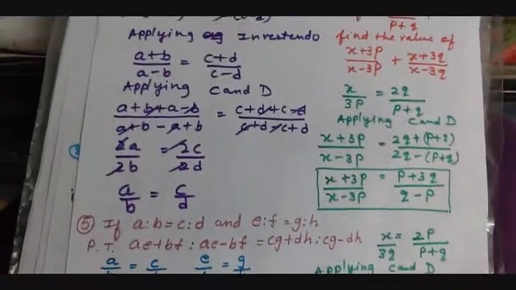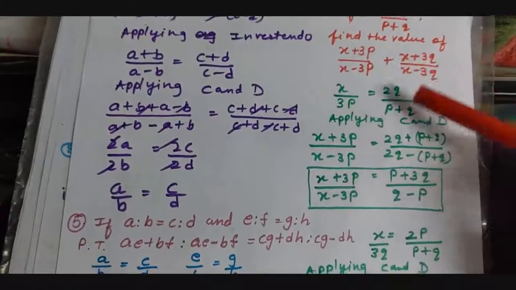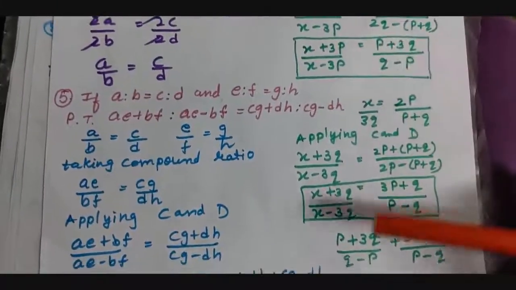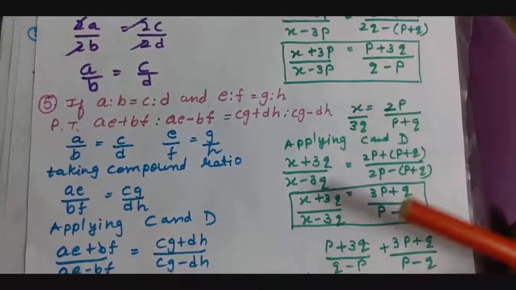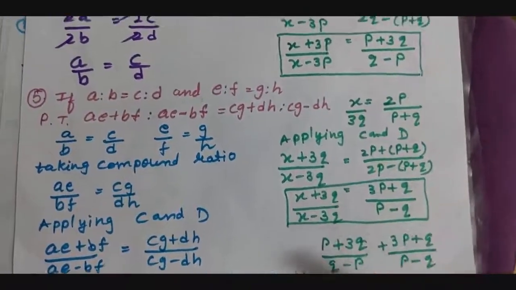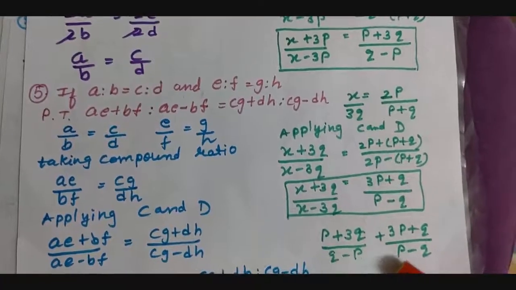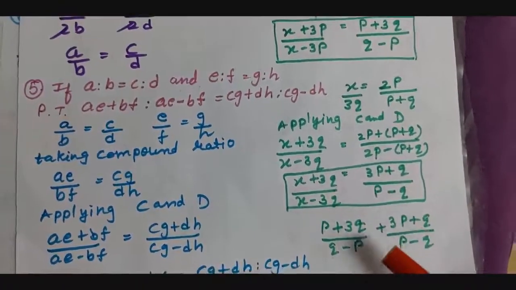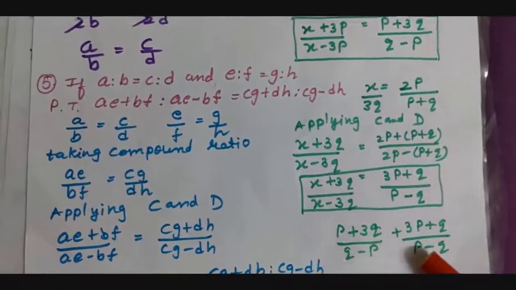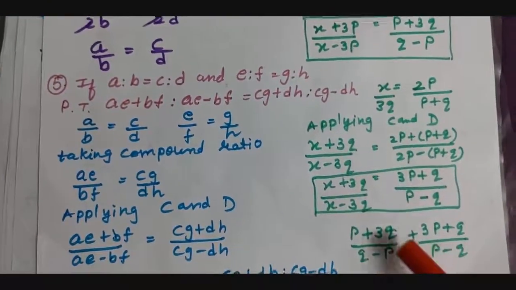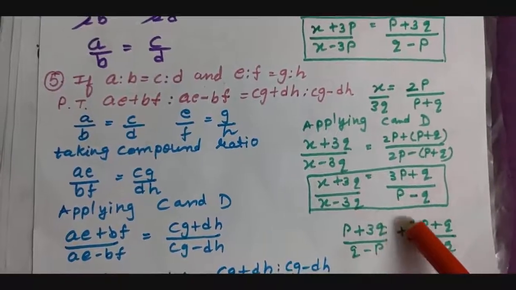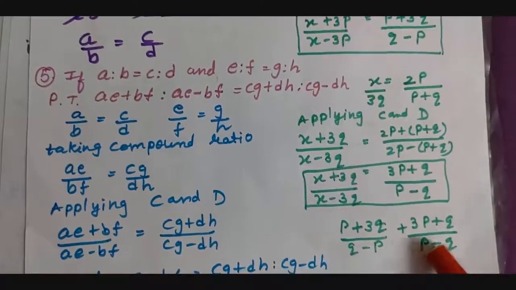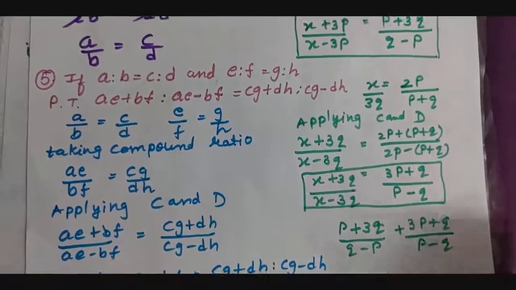Now I rearrange my terms as this plus this. It means this result right hand side plus this. You can see I am taking this plus this. Now here the denominators are different, so we cannot take numerators addition. So first thing, I will make the denominators equal by taking this sign change. If I put here negative sign, then I can change the denominator here as q minus p.